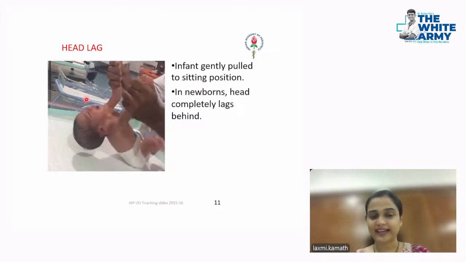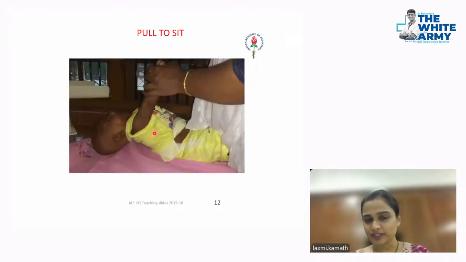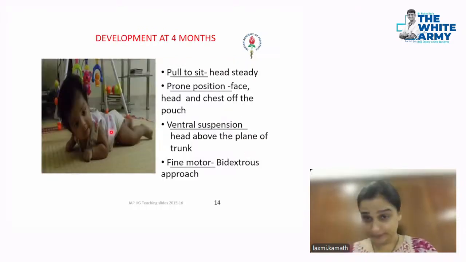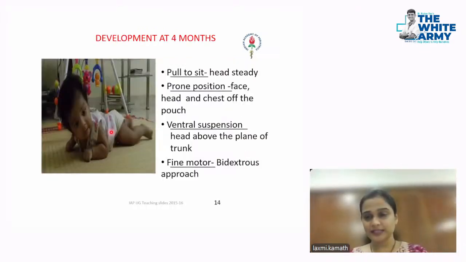There's complete head lag, and if you make this child sit, there will be a rounded back. So now when you are pulling, it is not complete head lag, it is partial. So this is around 4 weeks or 6 weeks of age. Now at 3 months, there is proper head control. At around 4 months, there is rolling over. So by 4 months, the ATNR should disappear and the child should start to roll over from supine to prone